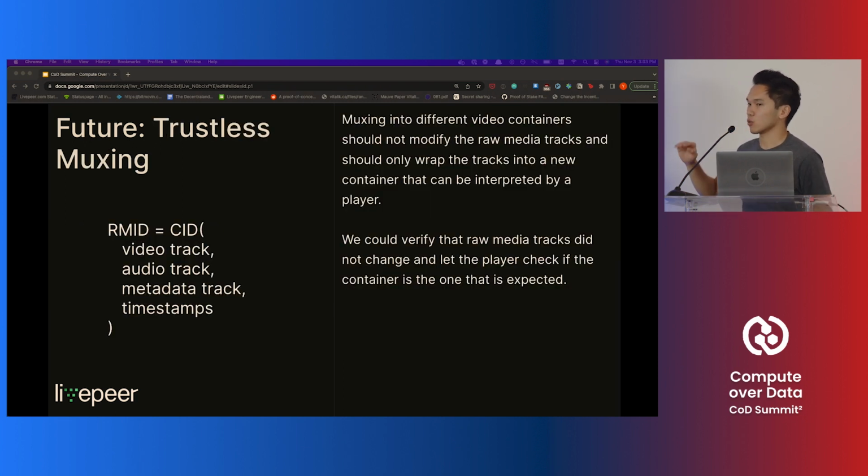Something else that we look to in the future around this feature is something called Trustless Muxing. If you recall earlier, muxing is the process of taking a video and basically repackaging it into a different video container. But what's actually interesting about this form of computation is that it doesn't touch the actual raw content of the video, but it does change the video file as a whole, because you can think of it as taking something that's been wrapped up and changing the wrapping around it. If that's the case,